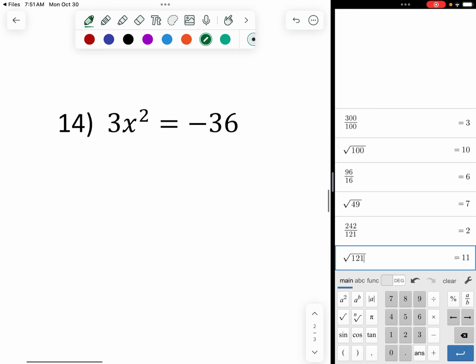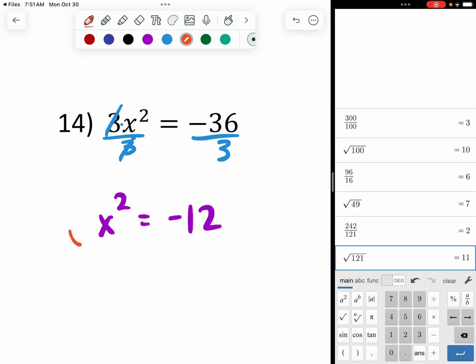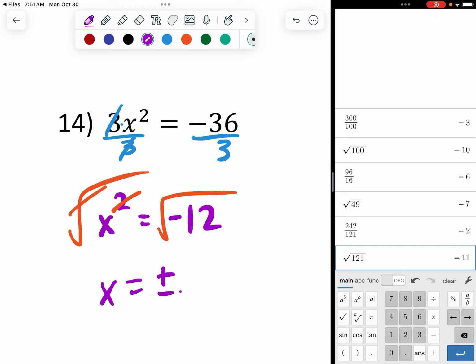All right, number 14, this one has a little extra piece to it, so we can't square root until we get rid of that 3. So I'm going to divide both sides by 3. So we have x squared equals negative 12. Now I can square root both sides. So we got x equals, I took the square root, so right away I have plus or minus the square